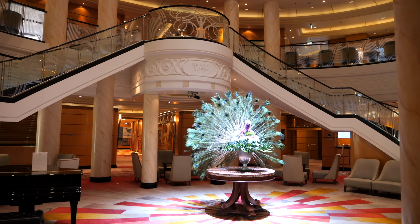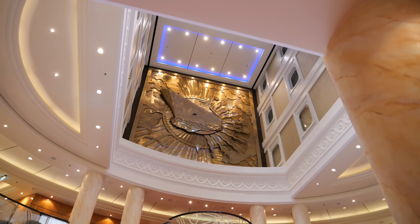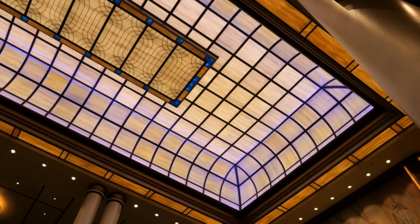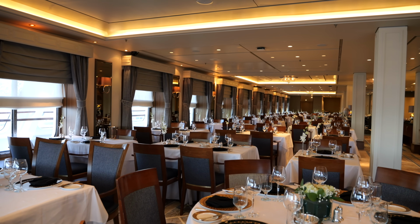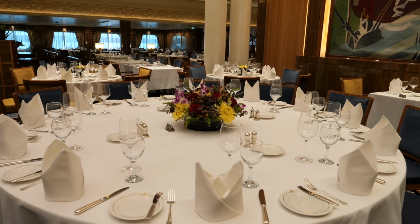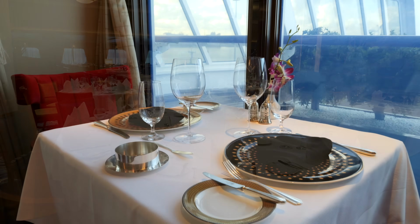In summary, our experience aboard the newly refitted Queen Mary 2 left us thoroughly impressed. The substantial revitalisation has added a fresh vibrancy to the ship, while maintaining the maritime tradition and grandeur Cunard are known for. As impressed as we were with the refit, it could have gone further. Not installing USB ports in the cabins and suites does seem like a bit of an oversight in the 21st century. While there were some grumbles about service and dining in passenger areas,